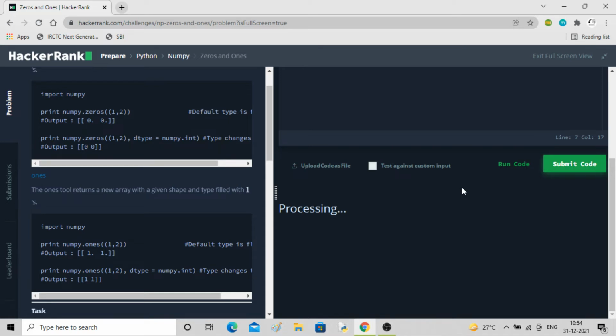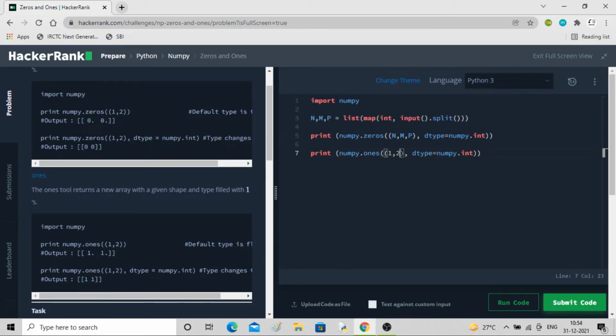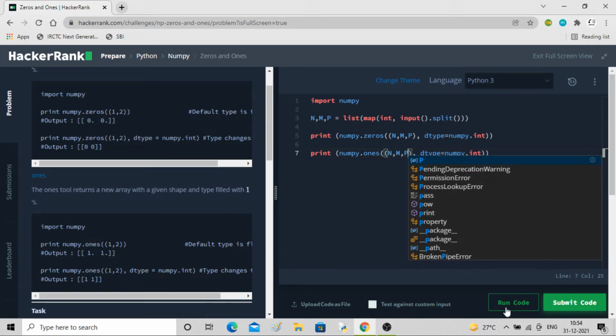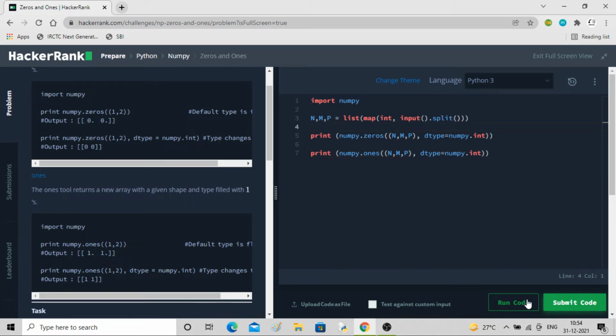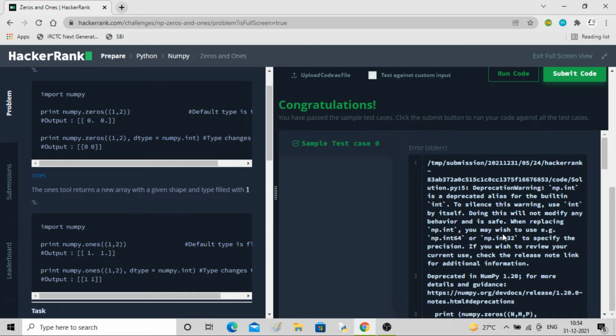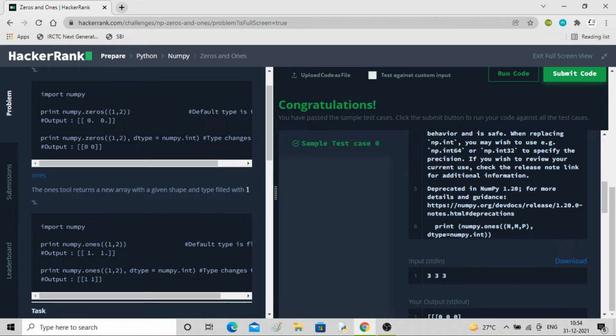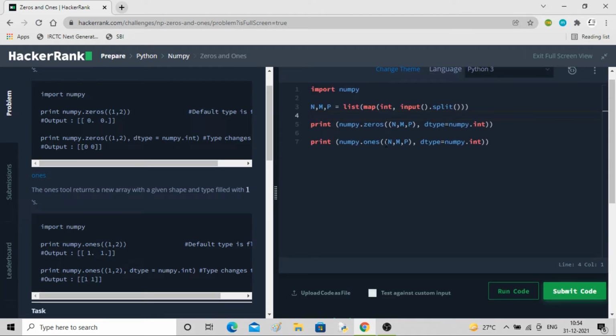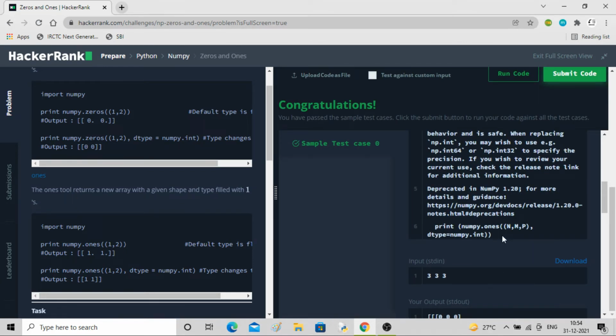I'll run it. Oops, I made a mistake here: n comma m comma p. Let me check, is there any problem? Yes, it is correct. numpy.zeros n comma m comma p.